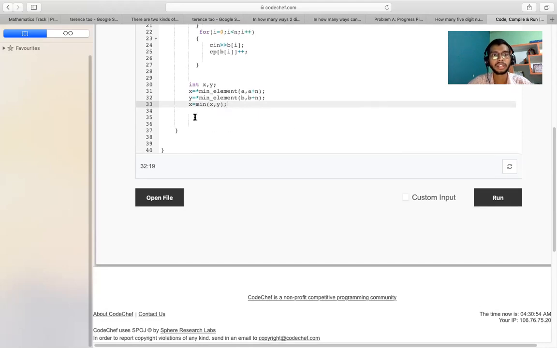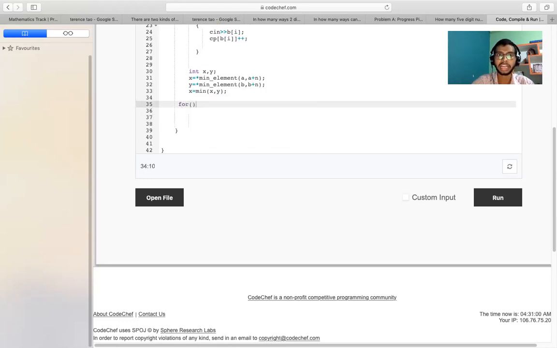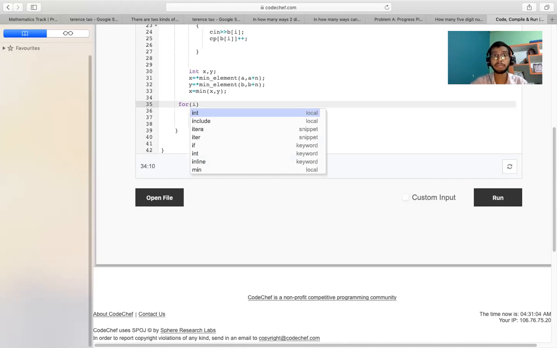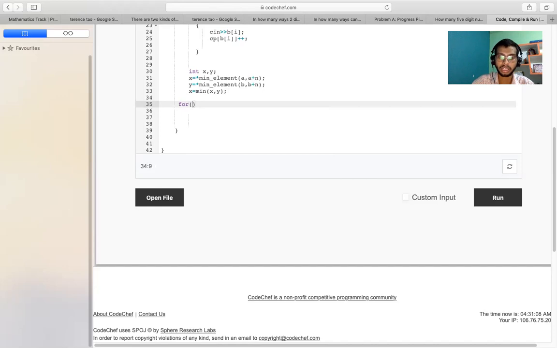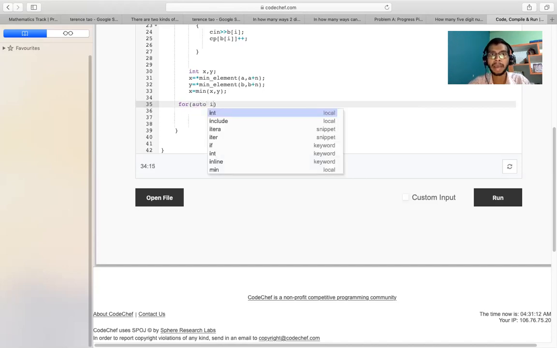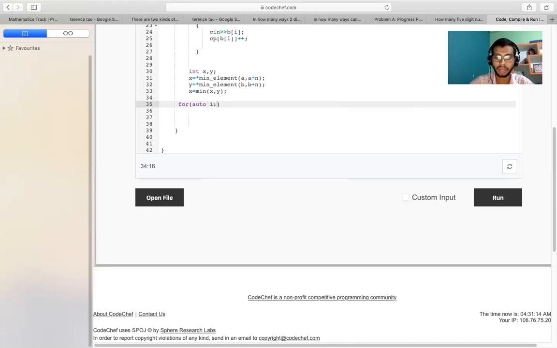Okay, now I'm done with this part. As I have already told you the condition, if the occurrence of any element is odd, then we have to print -1. One more thing: if we want to traverse a map, we have to use auto i, and run it until the map's size.